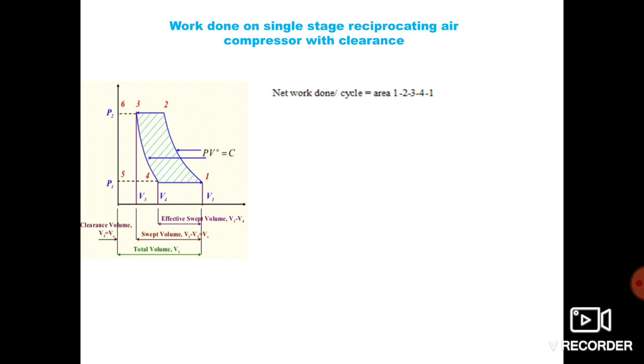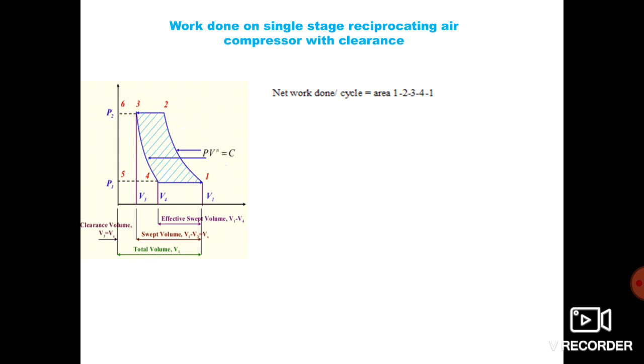Few things we need to remember is P4 is equal to P1 and P3 is equal to P2. Also curve 1 to 2 and 3 to 4 are equal as they are polytropic curves. These are the assumptions that we make. However, the compressed air in the clearance does some work on the piston during the 3 to 4 process in expanding, reducing the net work required by the compressor.